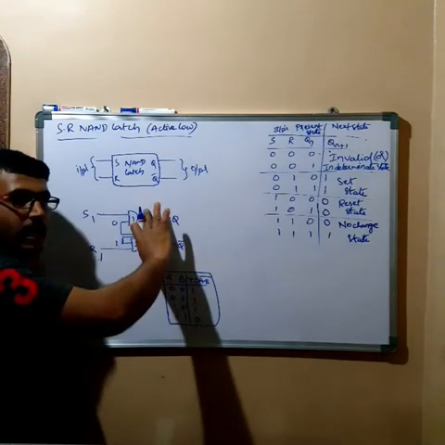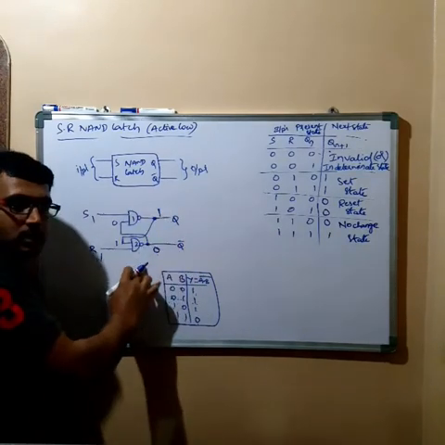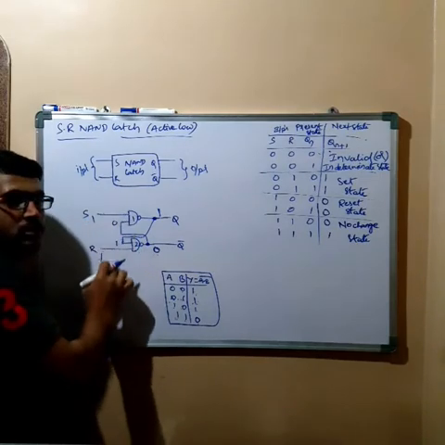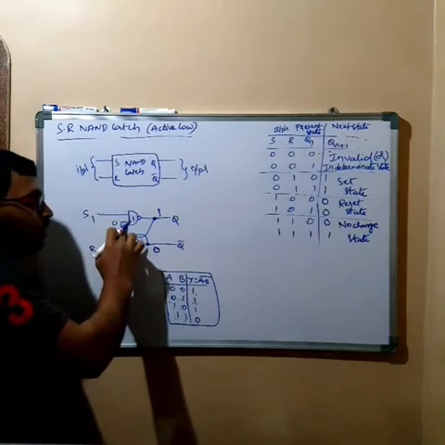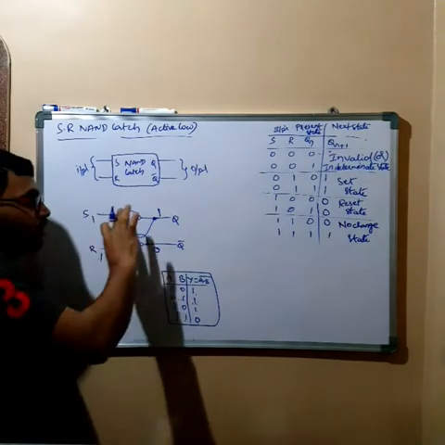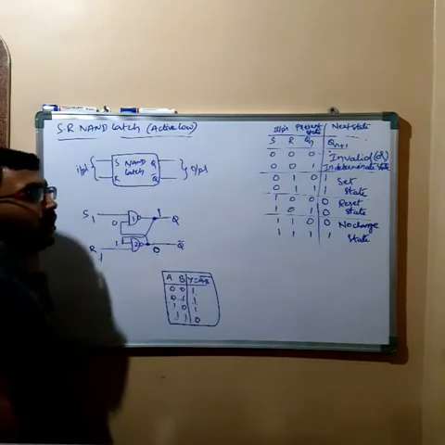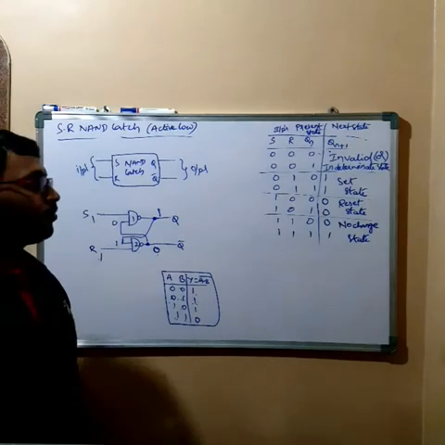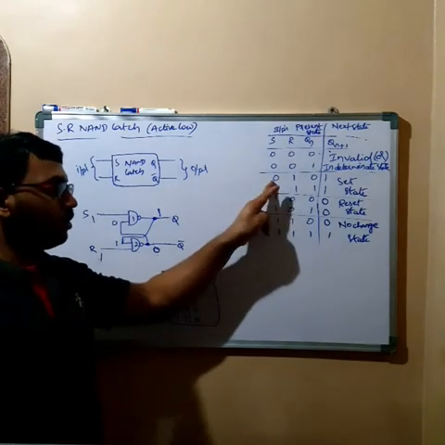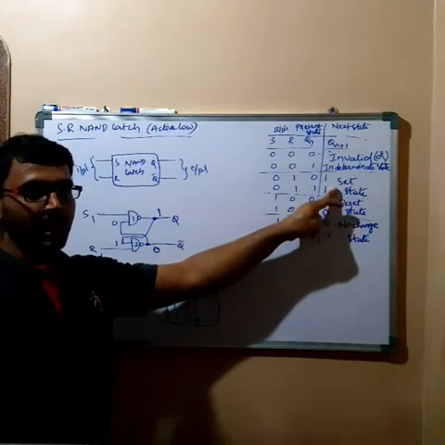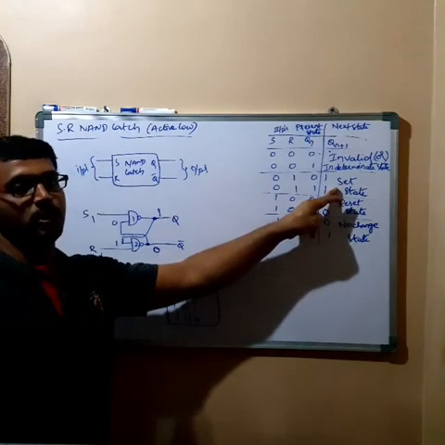So this NAND latch is designed using NAND gates. One of the inputs is S, one of the inputs is R to these two gates, and the other inputs of these two gates are taken from the outputs in feedback form. You just draw the circuit logic diagram and remember this. As this is active low, by applying S is equal to 0, the next state will be changed to 1, that is set state. The latch enters into set state.